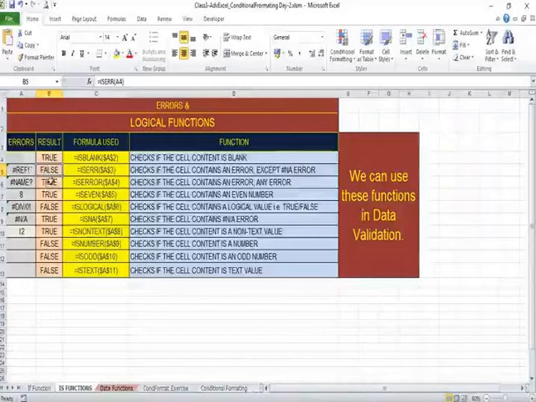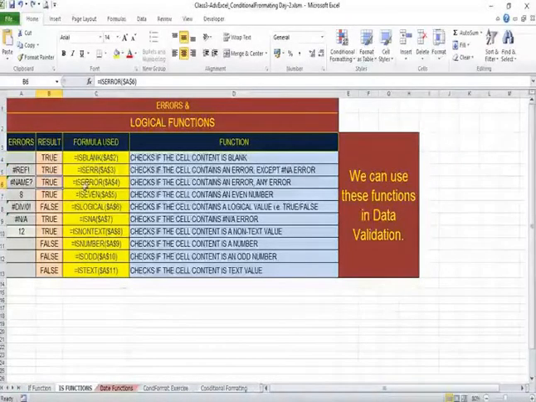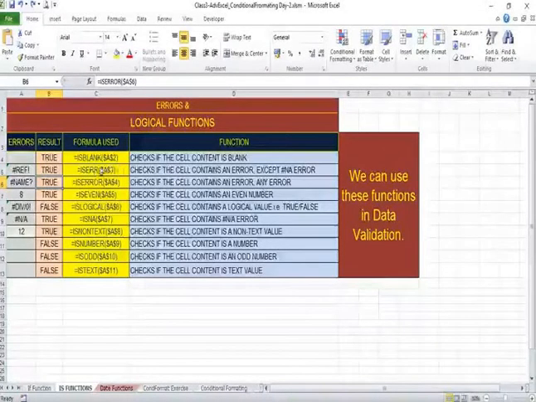Similarly, ISERROR is different from ISERR. ISERR does not take into account the #N/A error. Hence, ISERR will not be able to give you the correct result for the #N/A error.